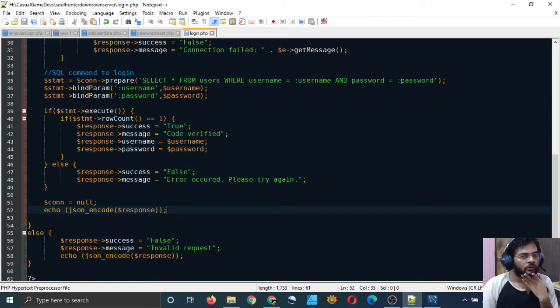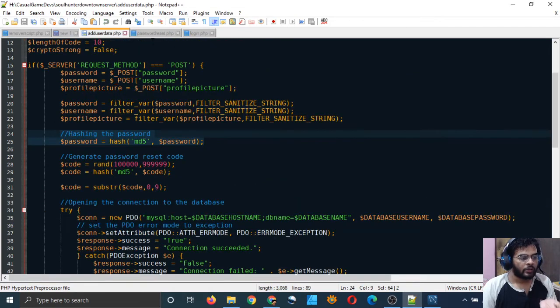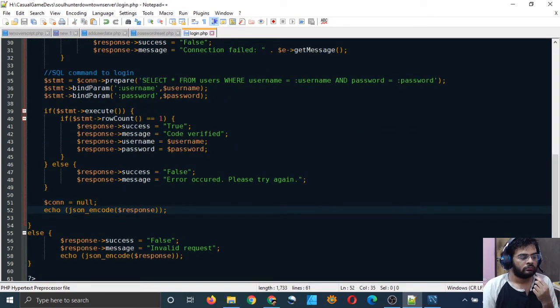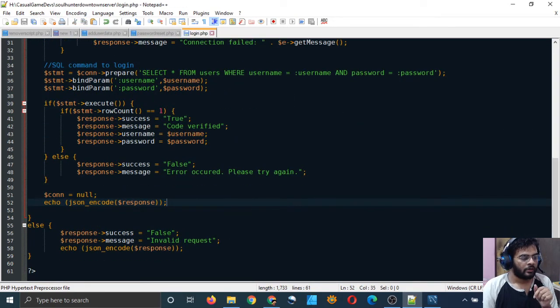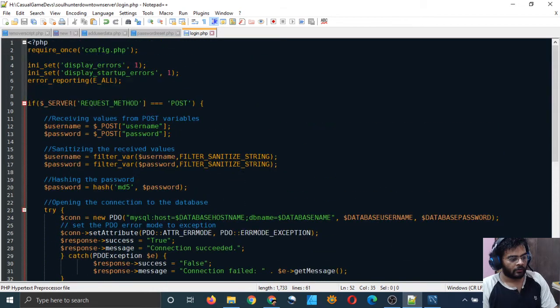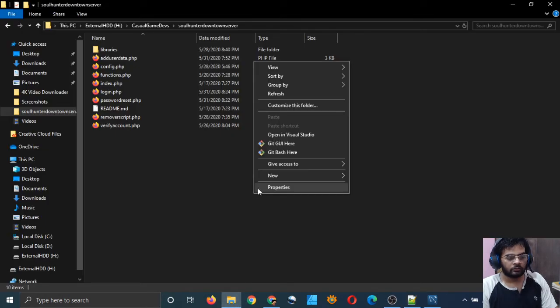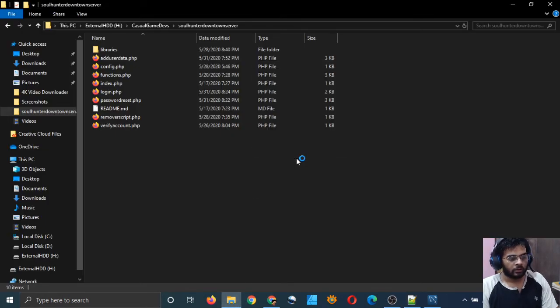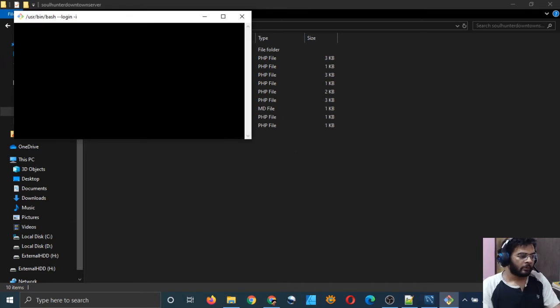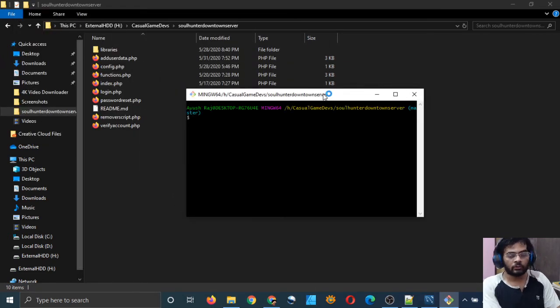That's it. That's how you can log in. Log in, password reset, add user data. We have done all this, and now let me push these changes to the GitHub repository, and from there they will go to the Heroku web app, and we will test out whether these two scripts are working or not.